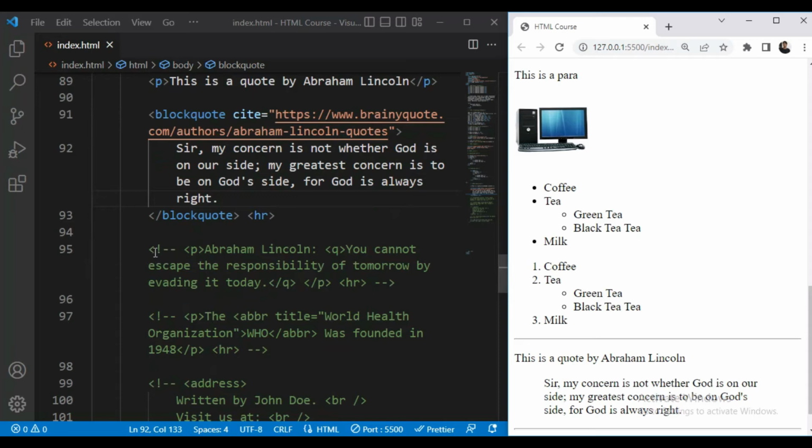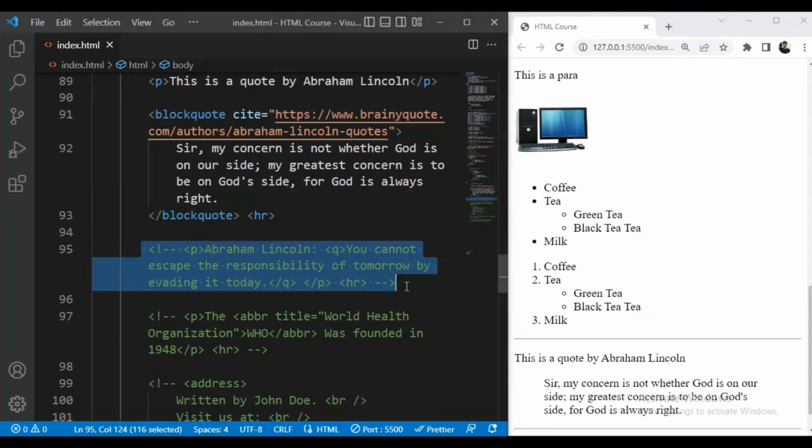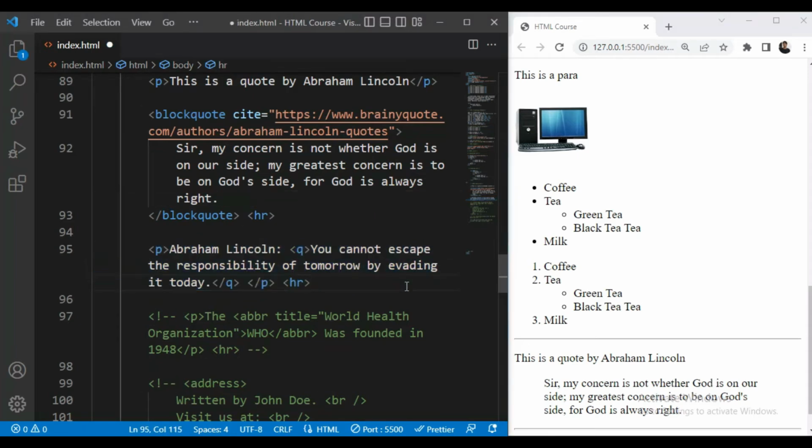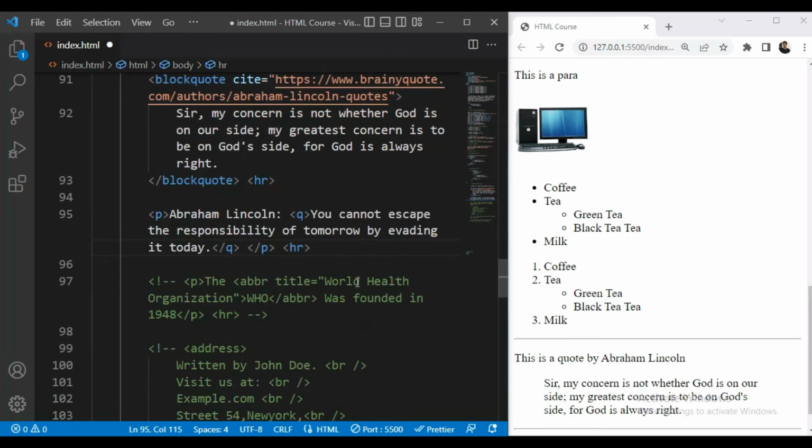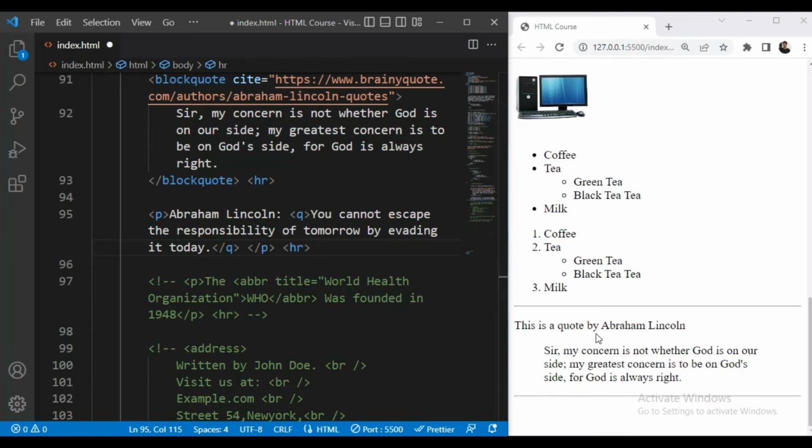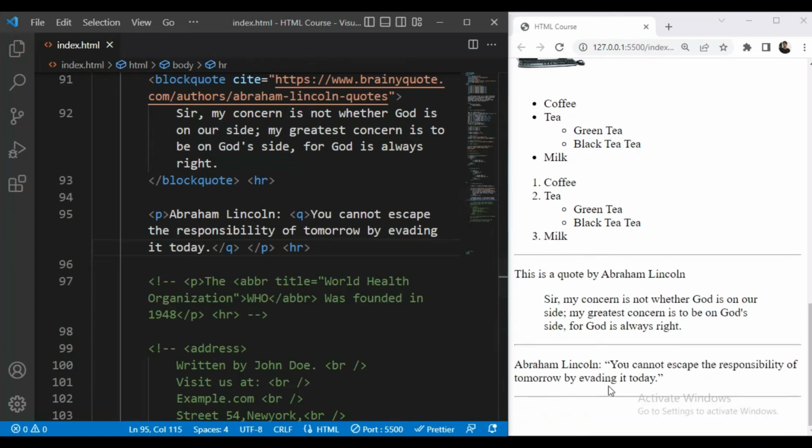Then next we will see the Q element. Q element is used for short quotes and the content inside the Q element is added inside double quotations. Here you can see that we have not added any quotations, but the browser is automatically adding them.